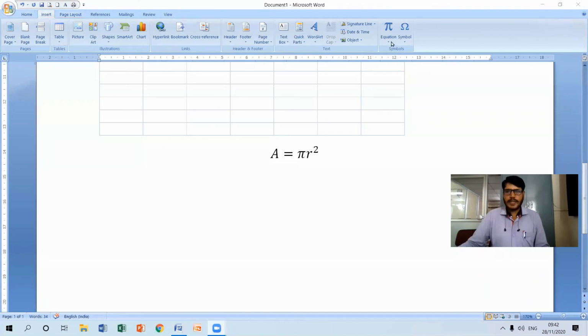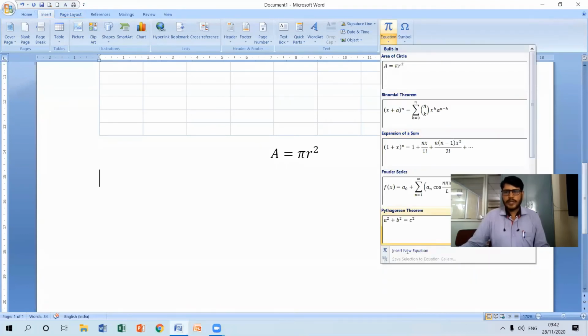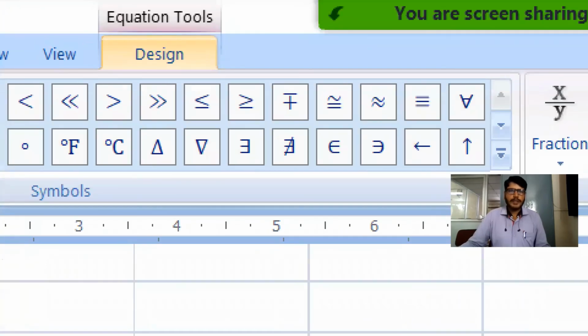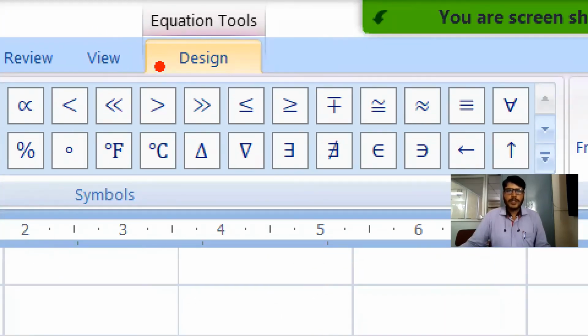Let me click on insert new equation. You can see here, we can type the equation here, and the equation design toolbar is appearing here, and we can include an equation which can be customized.